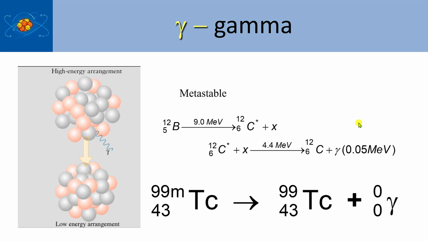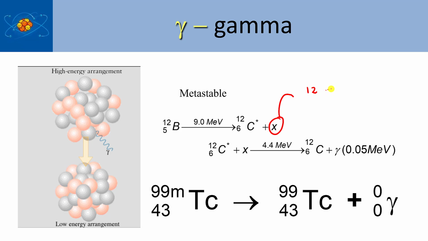And you have a nucleus and it emits a particle. So in this case, we're looking at boron, right? So boron produces carbon-12 and a particle. So what is that particle? You could predict what that is simply by saying like this,